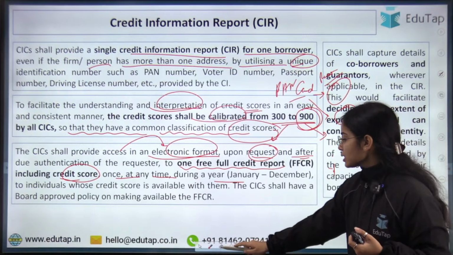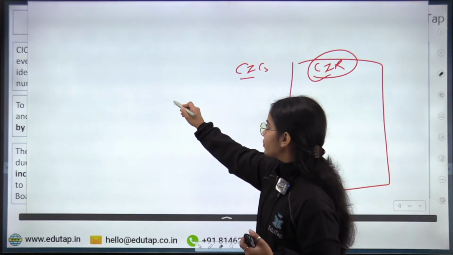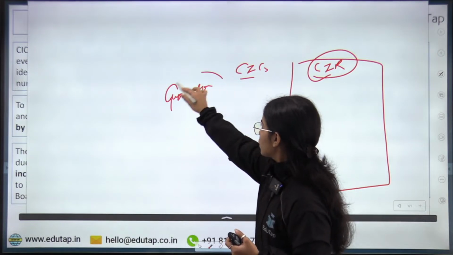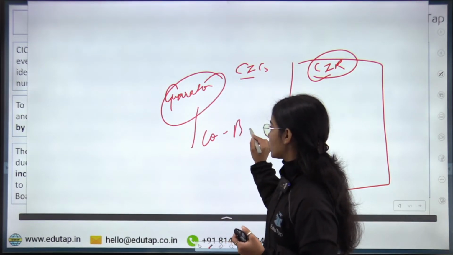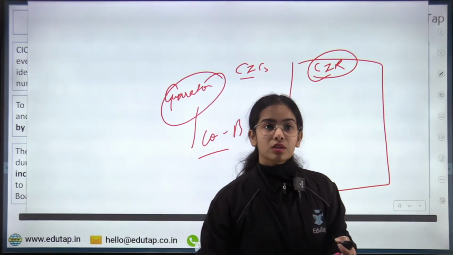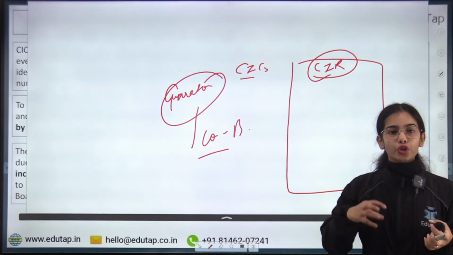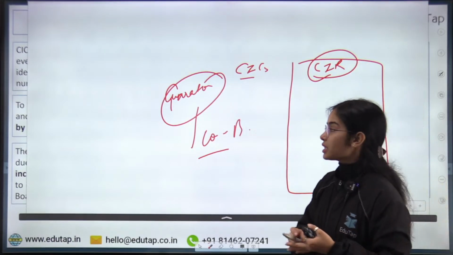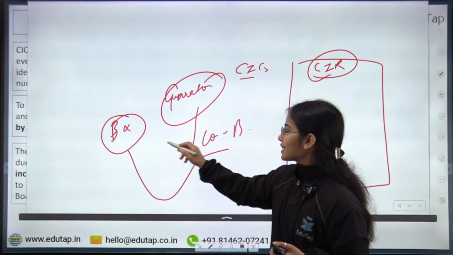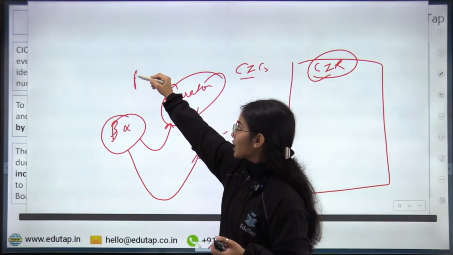Now the next point is, let's say you are a guarantor. Let's say that you have given a guarantee for a loan, or you are a co-borrower on a loan. So do you have any liability, yes or no, related to this loan? If you are a co-borrower or a guarantor in a loan, do you have some liability? Yes, you have some liability, because what if the borrower does not return the loan? So the co-borrower or the guarantor will have to take the responsibility. Let's say there is a borrower and you are the guarantor.